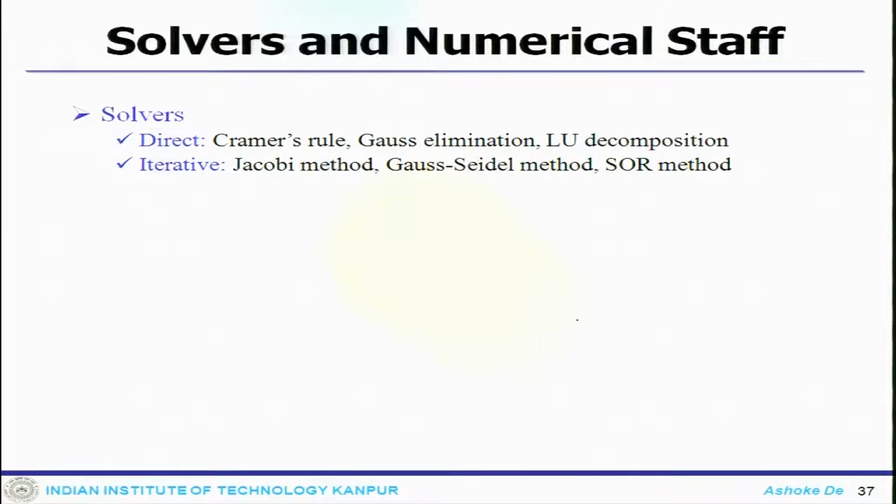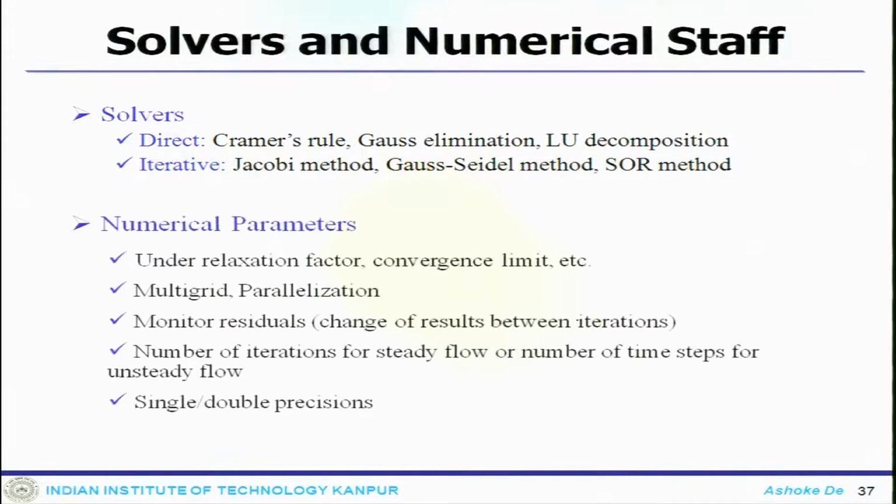Now when you look at the numerical side, essentially my PDEs have led to the linear solver of Ax equals B. So this is where I have to use different linear solvers to get the solution. The solvers could be direct solvers, that means I will directly get A inverse, which is always a tedious task and not an easy task, or it could be an iterative solver. That means I will get a solution of the A through an iterative process.